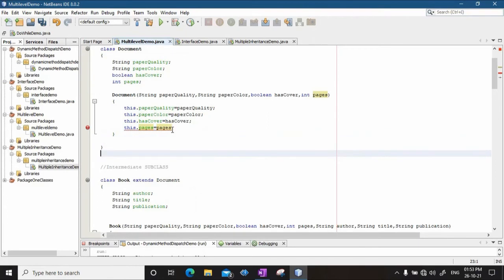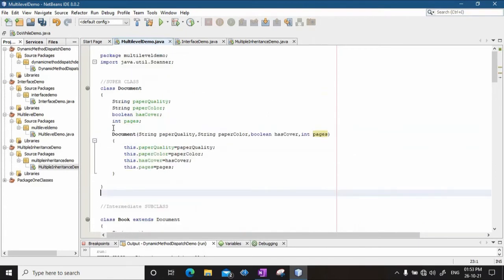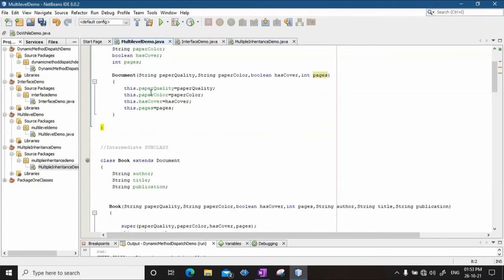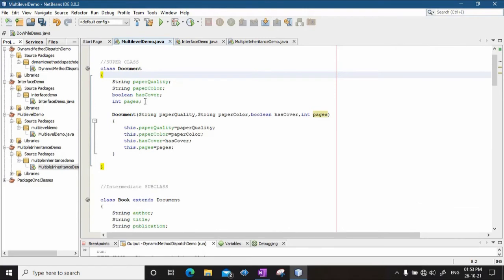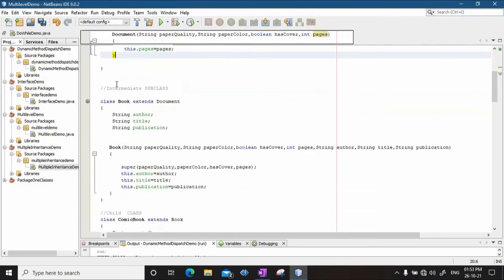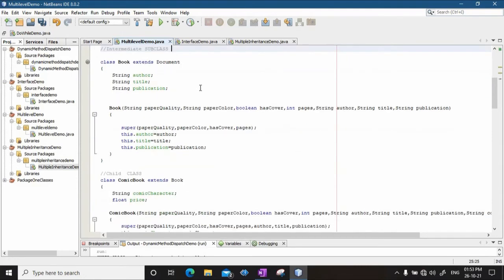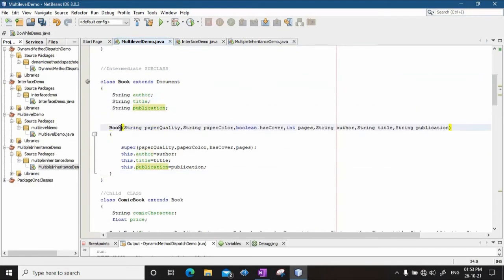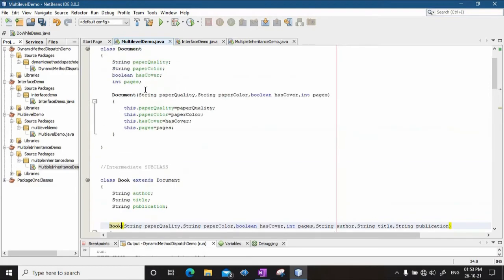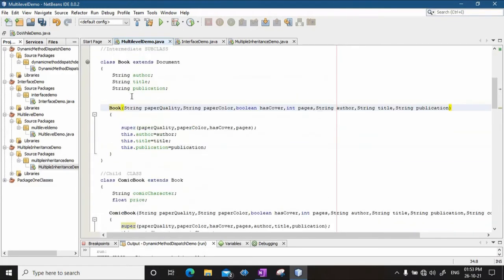So, as we were talking about multi-level inheritance, this is my superclass called document. It has these attributes which we have seen, and this is the constructor. Then the intermediate subclass is called book, which extends document. It has its own attributes: author, title and publication. Now notice the constructor of book, since book extends document, how many attributes will it have?